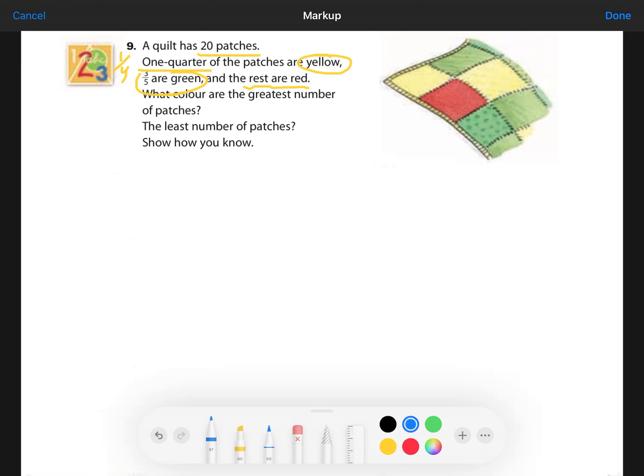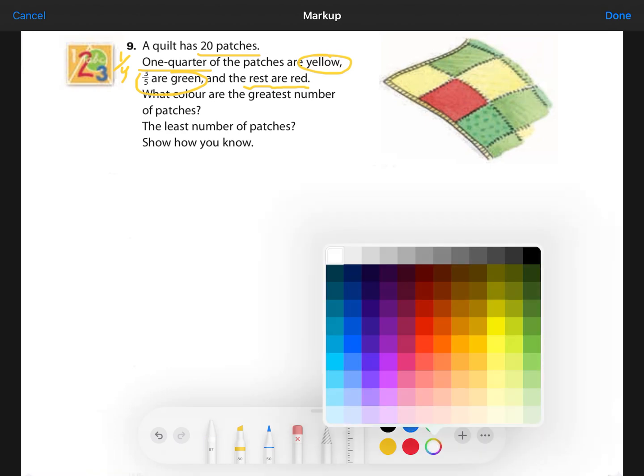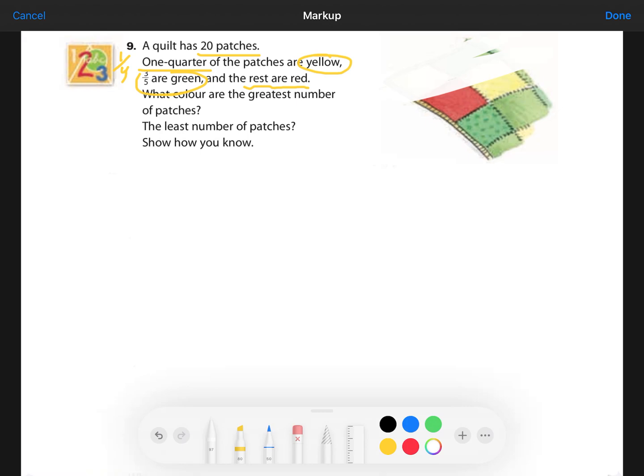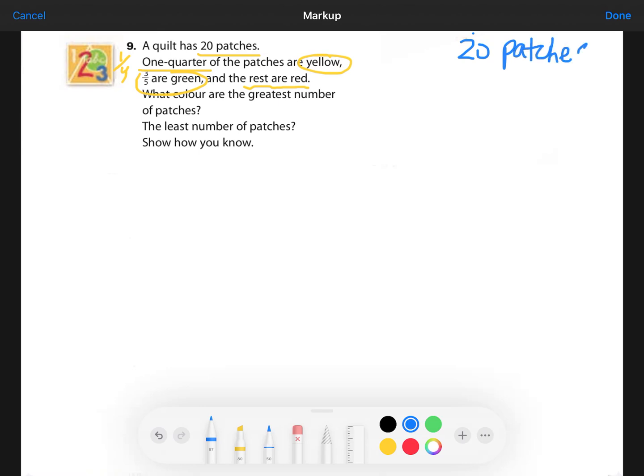Okay, and now I'm going to summarize the facts. I'm going to do it a little bit visually. So there are, actually I'm going to make this also part of my white workspace. I'm going to summarize like this. So I have 20 patches, and